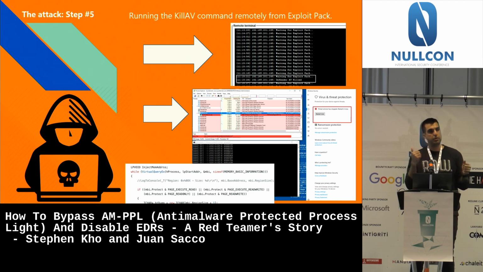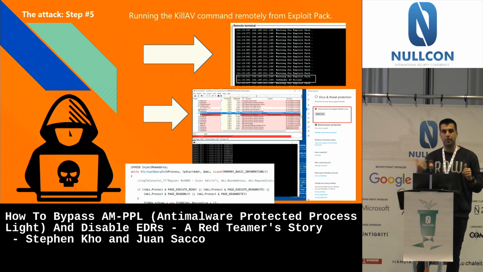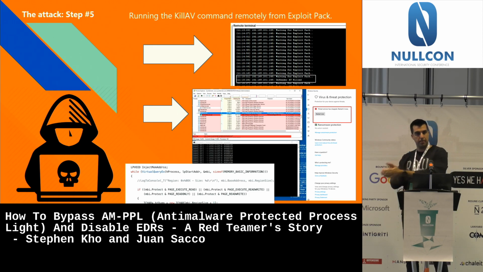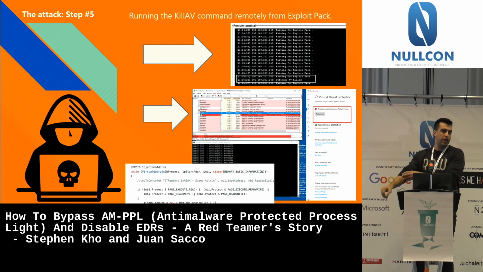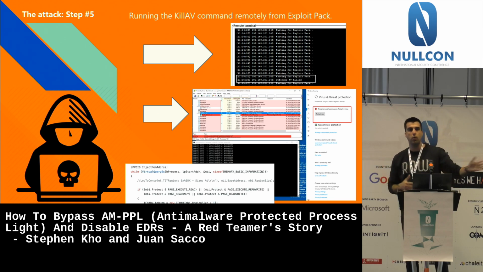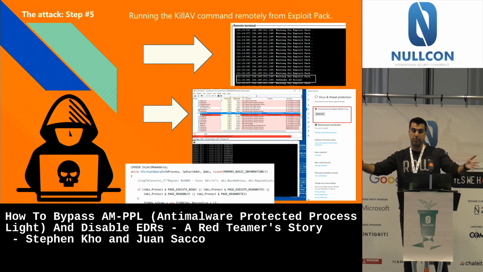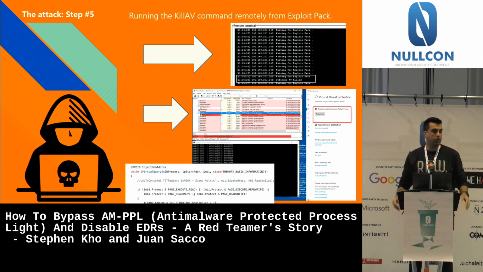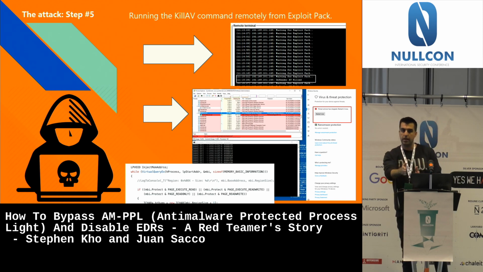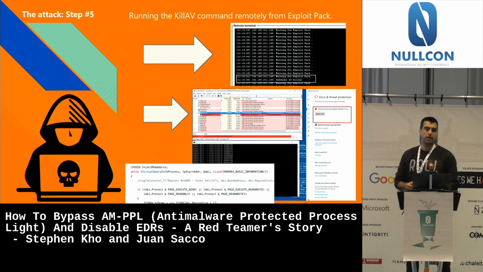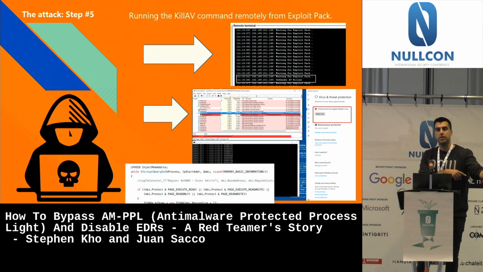And from here, you remember we also talked about hooks, and every antivirus will hook into other applications. Because we have control of the memory and we have control of this, we can decide where we want to go here. So from here, it depends on your red team scenario, the scenario that you are trying to achieve, but you can do different things here, right? Here, for us, it was enough to kill the antivirus and prevent it from running. But you might want to kill the antivirus or inject into the antivirus or the EDR and keep it running. Yeah? Or you want to inject into it and become the antivirus.